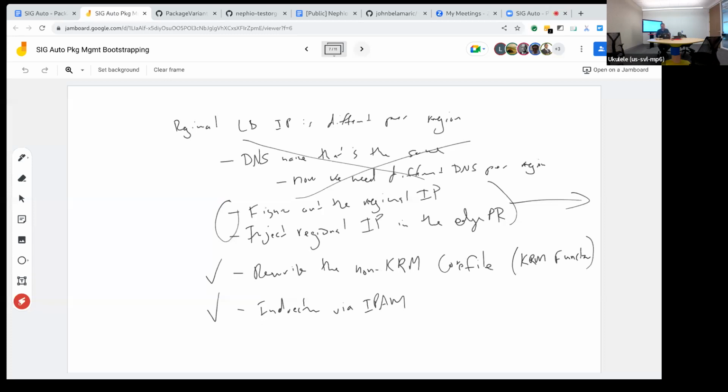We couldn't solve it, but we could solve it by adding the Nephio capability of IP address management in this particular case. So that's what I mean by a requirements discovery process over the next couple of weeks. We're going to have to start executing on things as well, because we just don't have that much time, but we need to flush out as early as possible other problems that we haven't figured out how to solve.